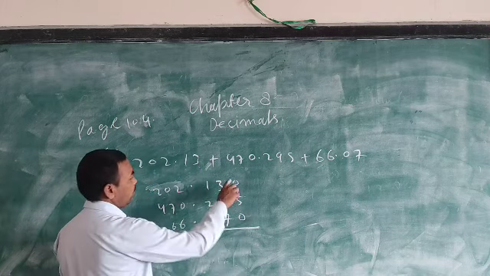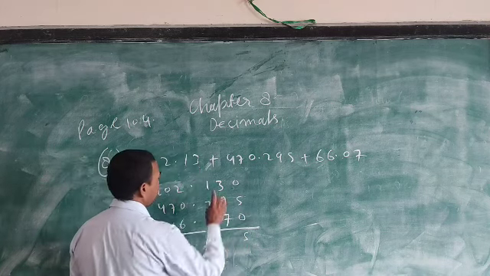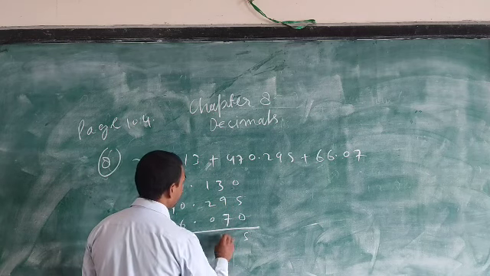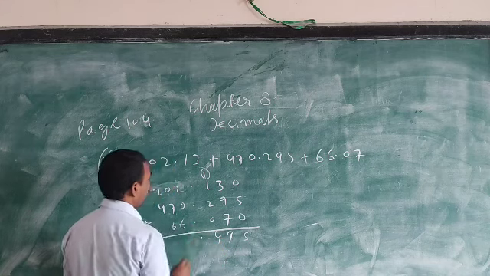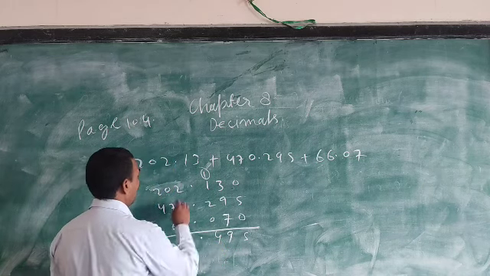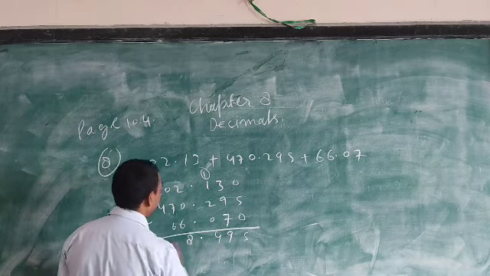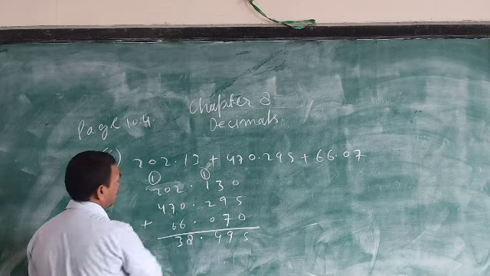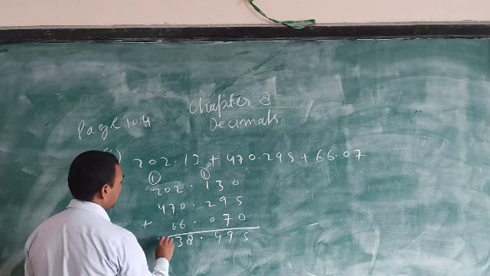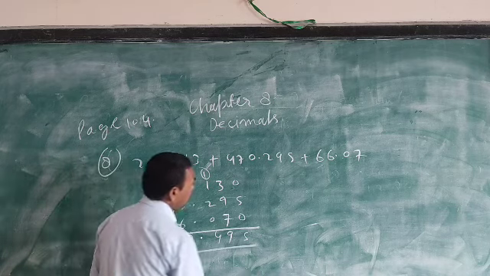You can add simply 5 and then 12 and 7, 19, 1 carry, 1, 1, 2, 2, 4, no carry, point should be 0 point, and 2 and 6, 8, and 7 and 6, 13. 1 will be carry, 4 to 6, and 1, 7. So this will be the answer.